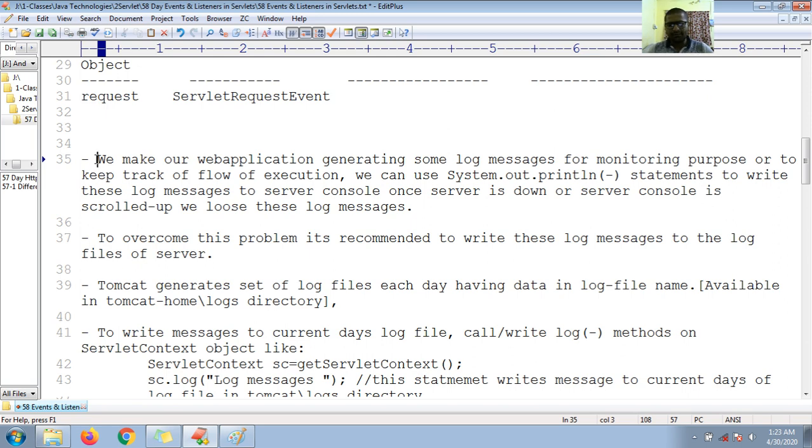Suppose I want to write some log messages to understand the flow of execution of my web application. Generally we use system.out.println statements. So to make our web application generate some log messages for monitoring or tracking purposes, or to keep track of the flow of execution of your request, response, session and context attributes, we generally use system.out.println statements to write these log messages to the server console,